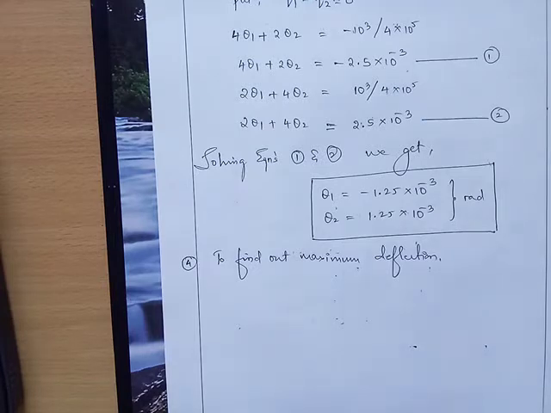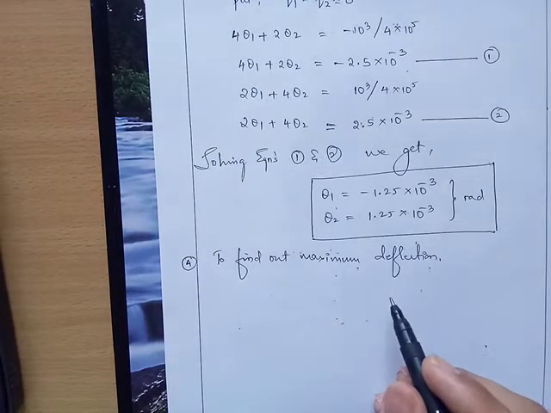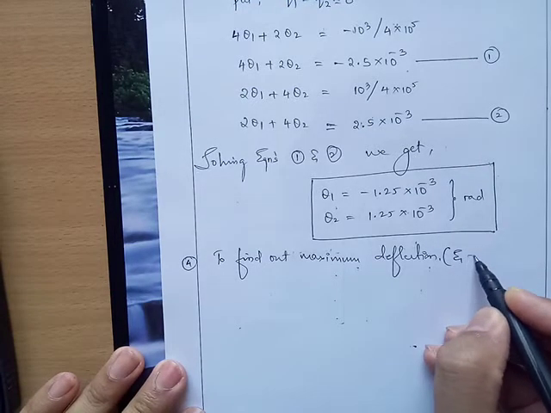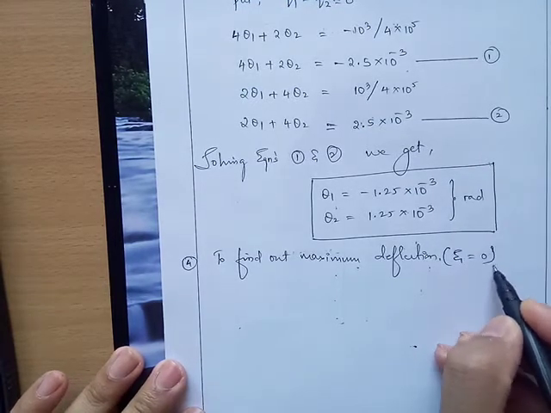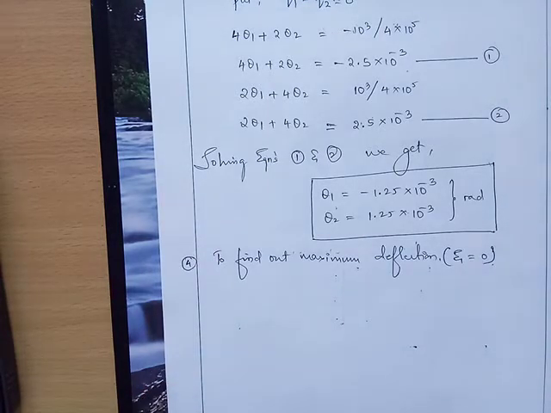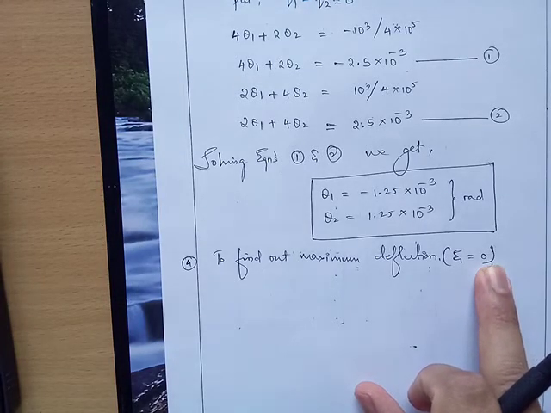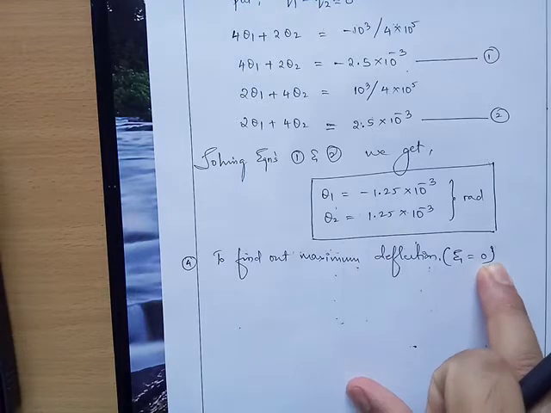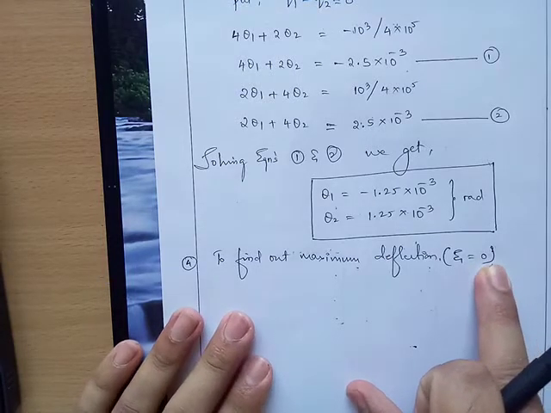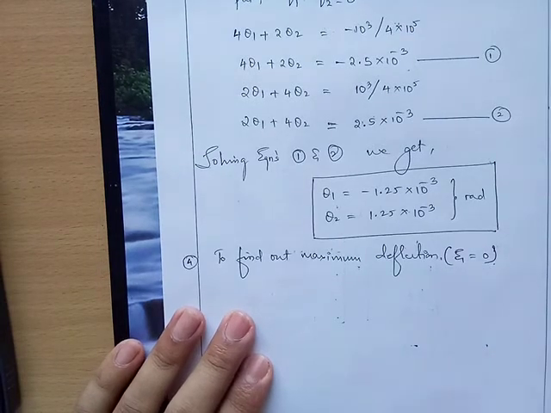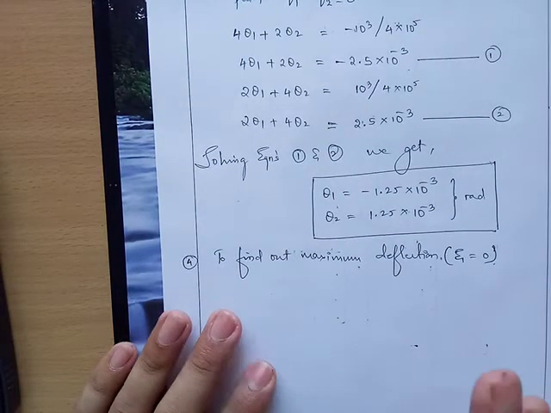Right, so maximum deflection will be at the center, and if I follow the natural coordinate system, at center zeta will be equal to 0. Since I am following natural coordinate system, at the center the value of zeta will be equal to 0, and at the extreme ends it will be plus 1 and minus 1. So as far as this problem is concerned, I am just interested in the deflection when zeta is equal to 0, because zeta will be equal to 0 at the center, and at the center deflection will be maximum.